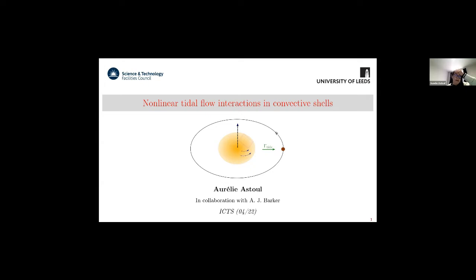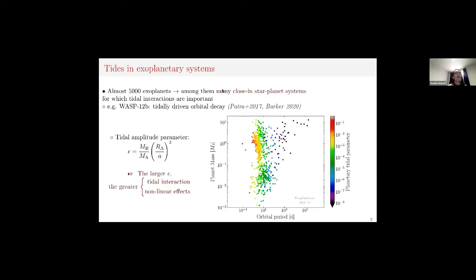And today we'll talk about some of my work on nonlinear effects on tidal flows, and especially on inertial waves applied in the convective envelope of low mass stars or giant gaseous planets. So to tell you a bit why it's important for me to study this